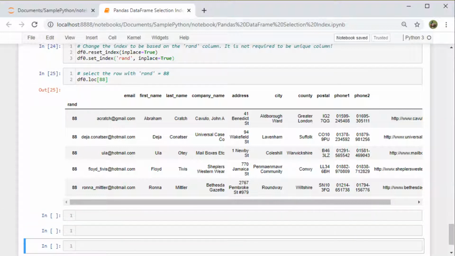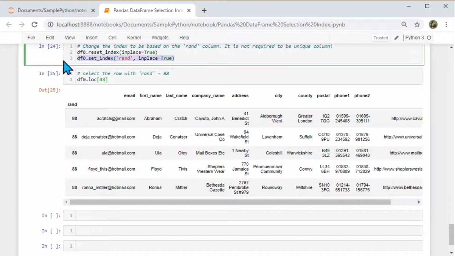Okay, so now we are able to filter the records based on this random number. And one more important feature to notice on this set index line is that this rand is not required to be a unique column. That means it can have duplicate or multiple values.